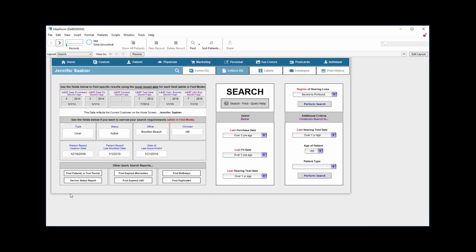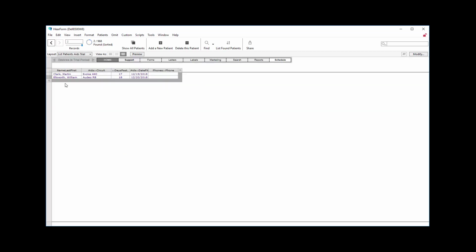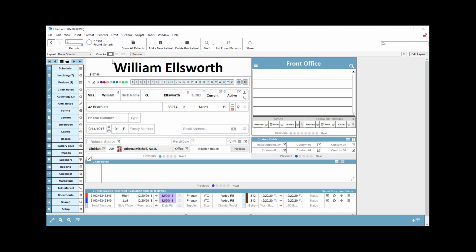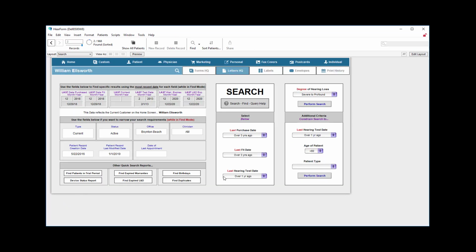Let's go back to the search area and find patients in their trial period. If there are any, they would show up right here. In this case, fortunately, I had a couple, but I think, let's see. Let me just see there. I think there's one other area off to the right that I want you to look at. So we're seeing William Ellsworth as I scroll through and then go see another one. We're seeing information for these different patients. As you can see, it changes at the top for that particular patient, but that just allows me then to